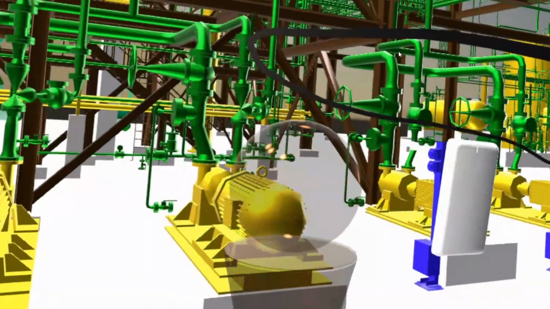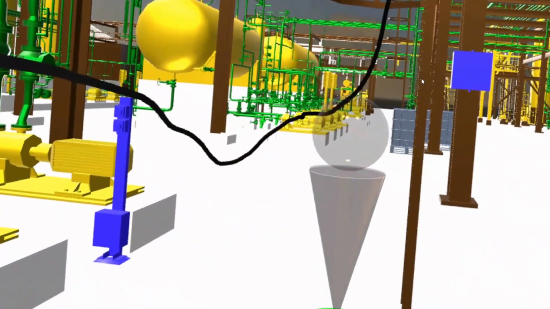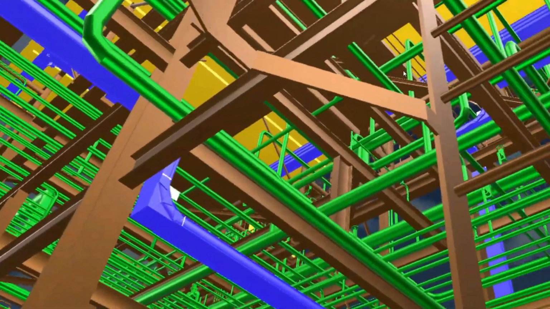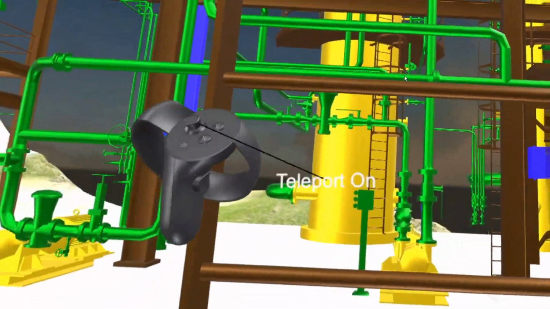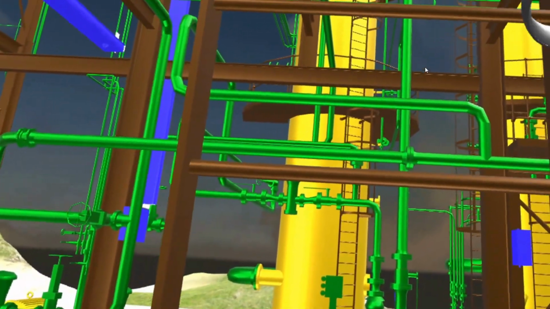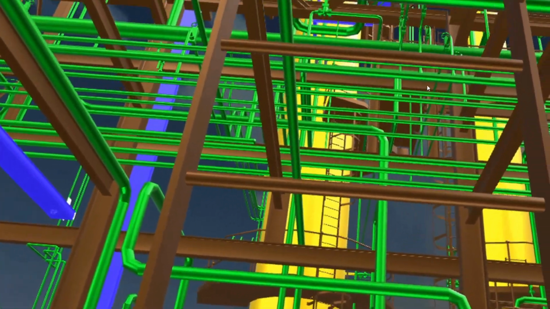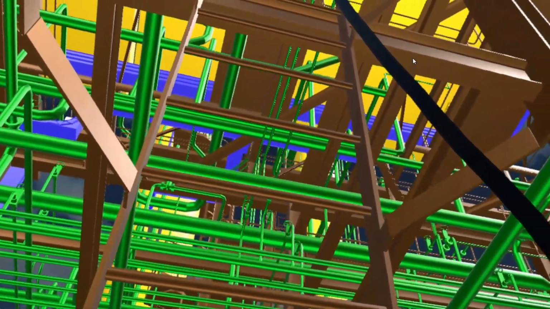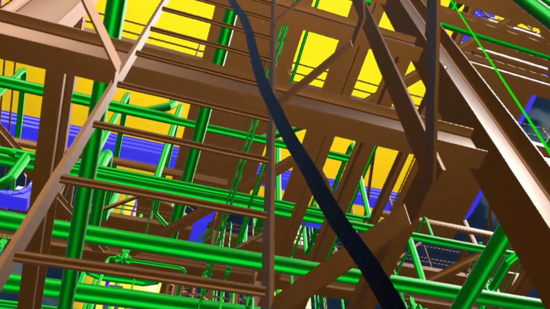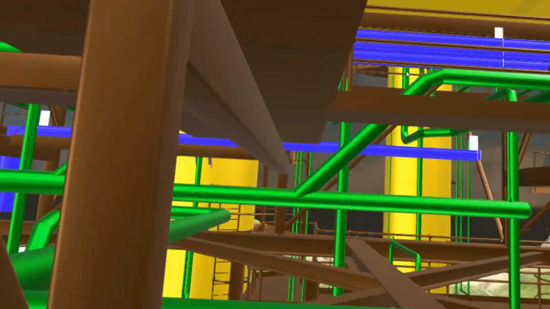So I'm going to follow this line, more or less. This is the safest way to go to this particular place, get to the bottom of the ladder. We do actually have a capability to climb this ladder in VR using the hand controls, and that gives a really good sense of immersion. But in this case, it's deactivated in this version, so I'm going to have to teleport up,